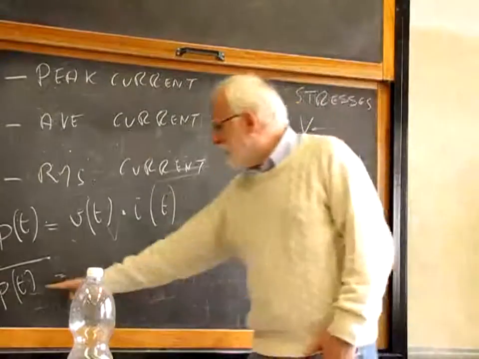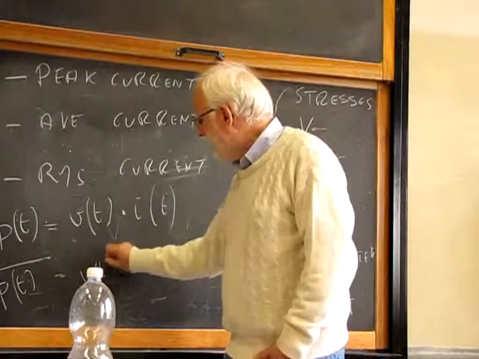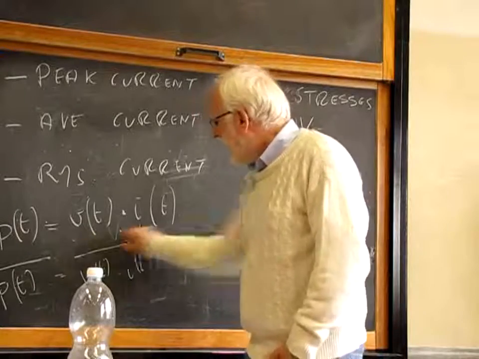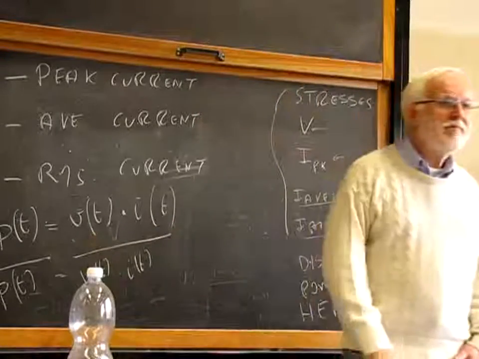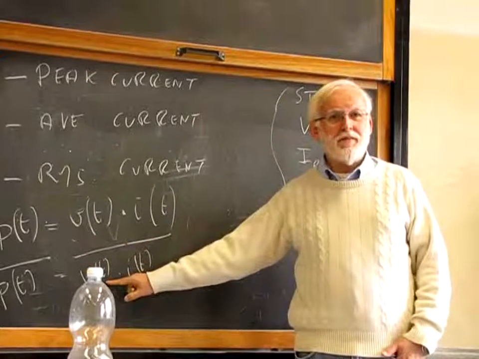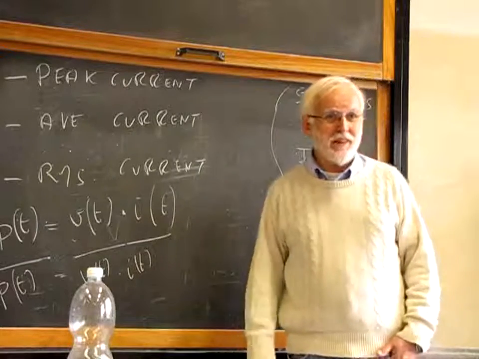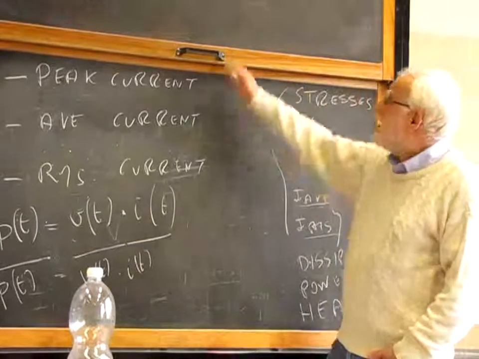Oh, okay. P, average power, equals v(t) times i(t) averaged. May I split this average to say that it is equal to the average voltage times the average current? You wish, but it's not a good idea. So,